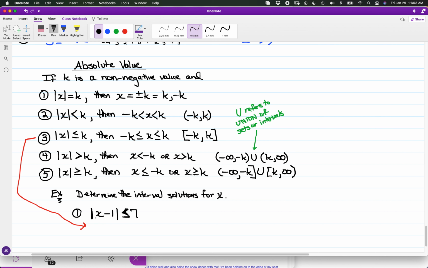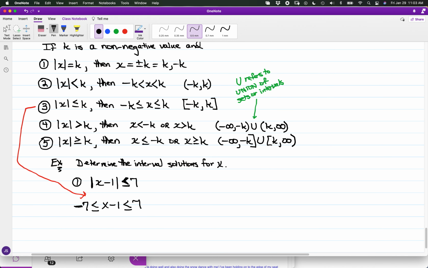So for the absolute value of x minus 1 is less than or equal to 7, we're going to have negative 7 is less than or equal to x minus 1, which in turn is less than or equal to 7. Again, x is represented by x minus 1, negative and positive k represented by negative and positive 7. And I'm looking at solving for x. So if I get the x in the middle by itself,